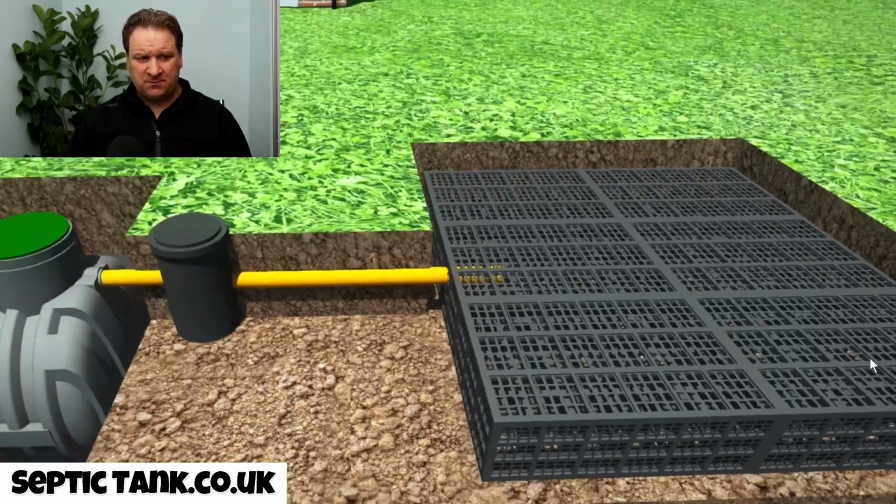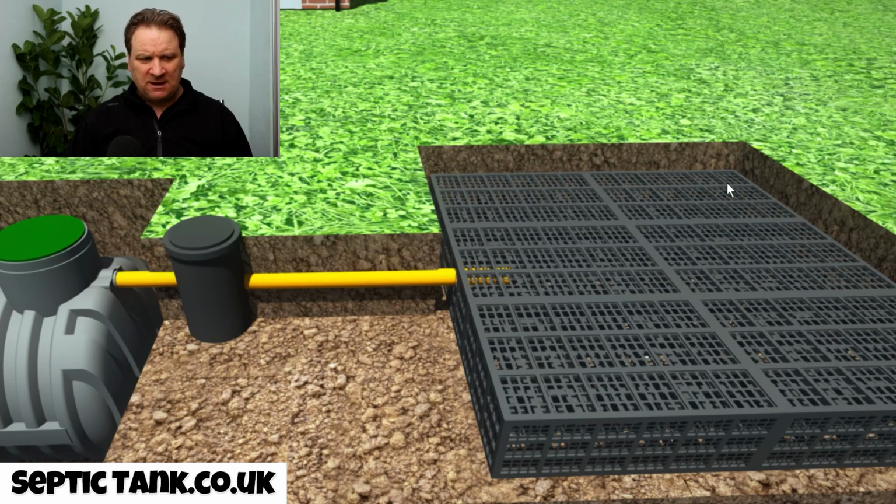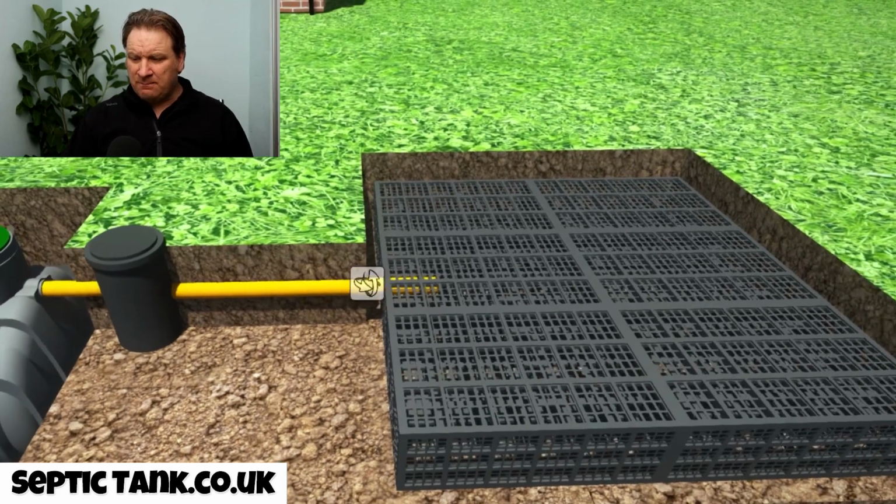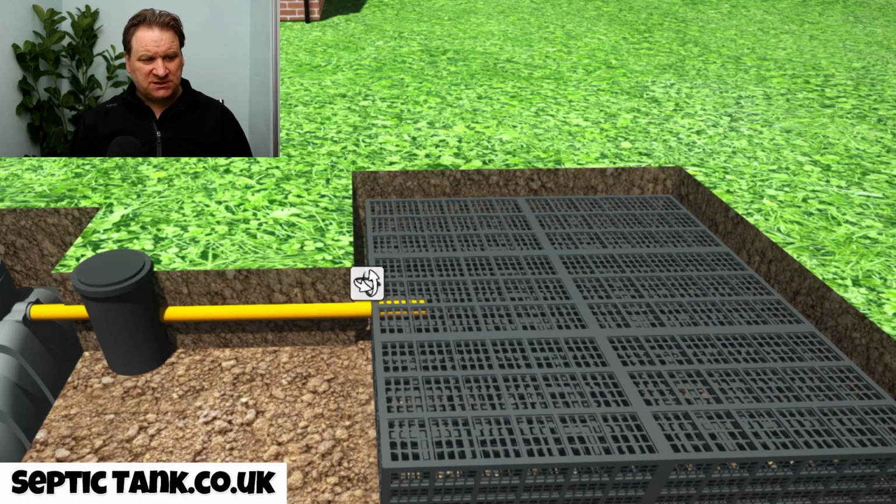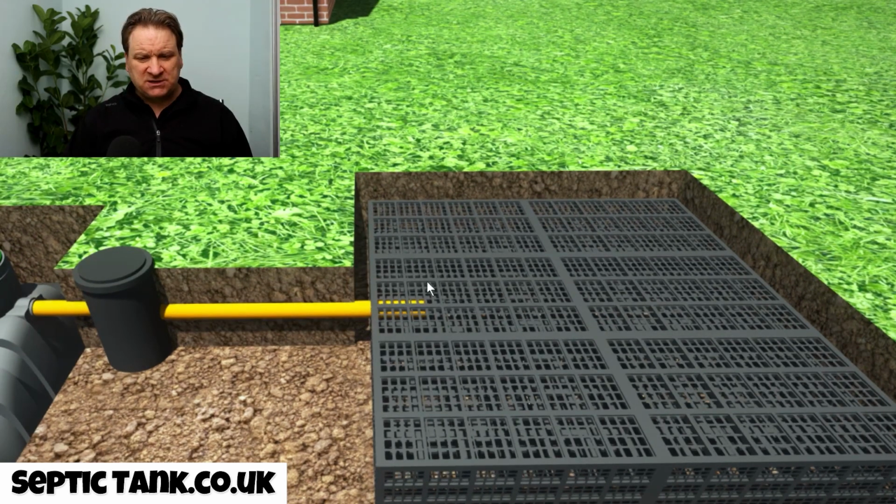So here's your soakaway. It's made up from these black plastic drainage field crates. Okay, and all the liquid soaks away into the drainage field, and so that's why people prefer septic tanks today, because you don't have to get them emptied as regularly. So a typical septic tank, you'd have to get desludged. It's recommended to get it desludged once a year,